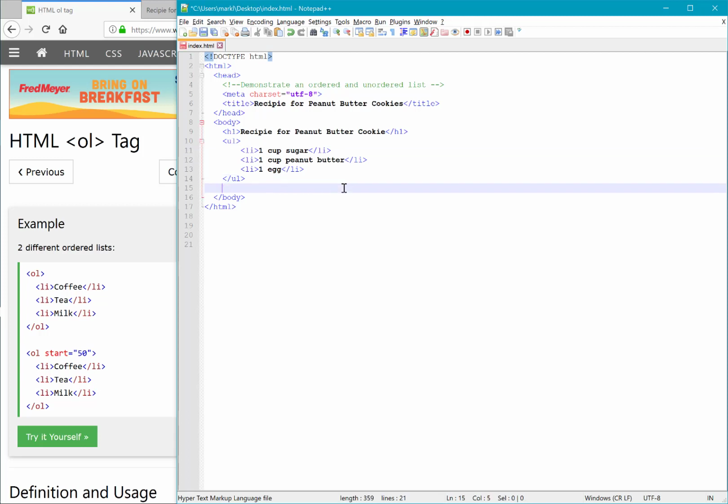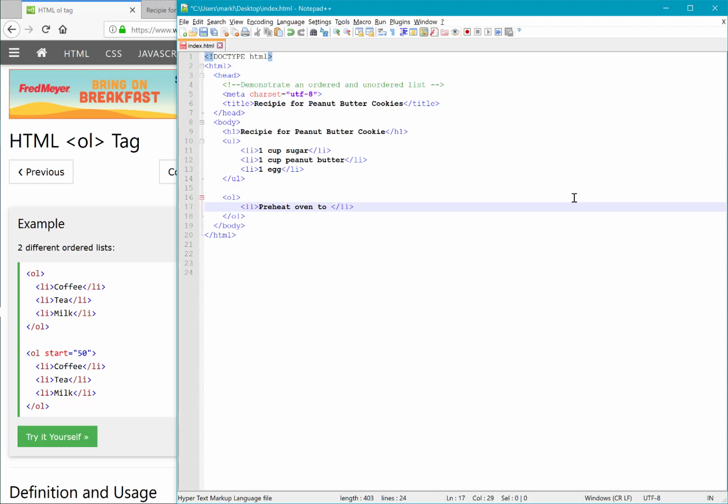So after the UL tag, I'm going to make an OL tag, which then stands for ordered list. Make sure I open and close it. And then it says all I need to do is the LI again. So apparently UL and LI tags are very similar. The only difference is the beginning tag. This says OL and this one, UL. So I could then put preheat